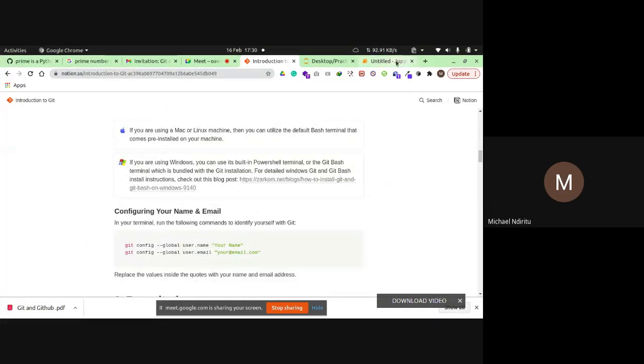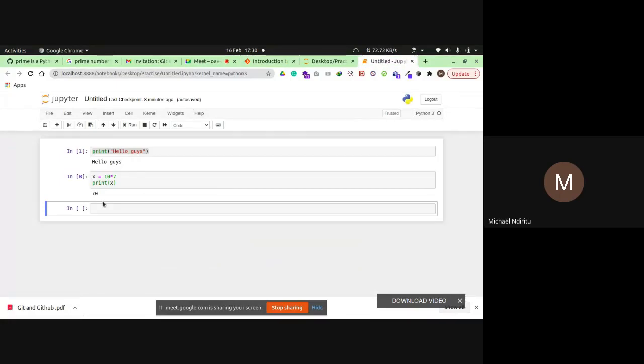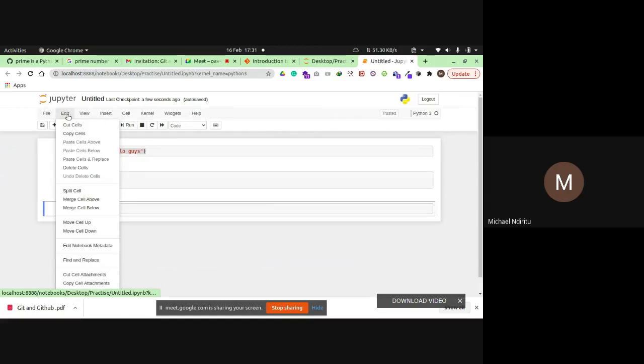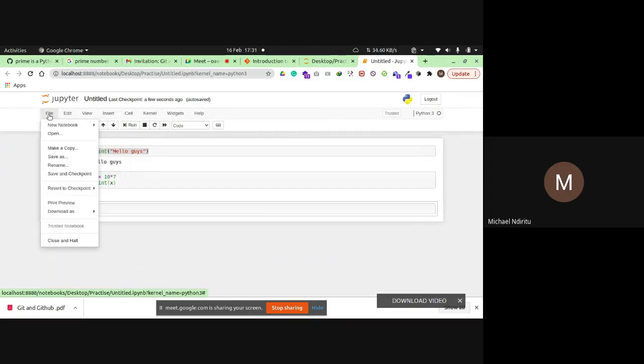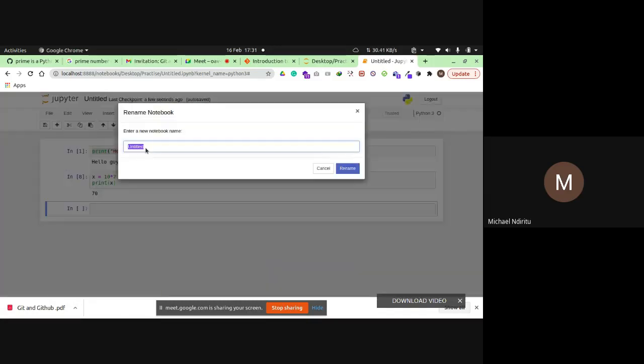If you have managed to open the Jupyter notebooks, you can save. For those who are not able to save, you can save it. You can also rename the notebook from Untitled to maybe Practice Notebook, which I think is better than just calling it Untitled.